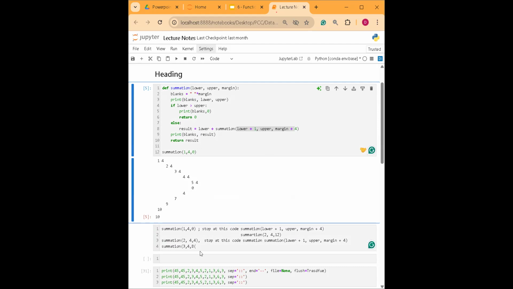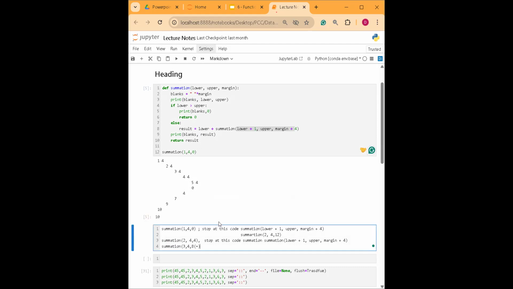Okay. Now, at this point, what happens again? So on the next iteration, it will keep on coming back here, and it sees that the lower is still not equal to upper. So we're gonna have to repeat the entire same thing. So we're gonna stop at this code, summation,